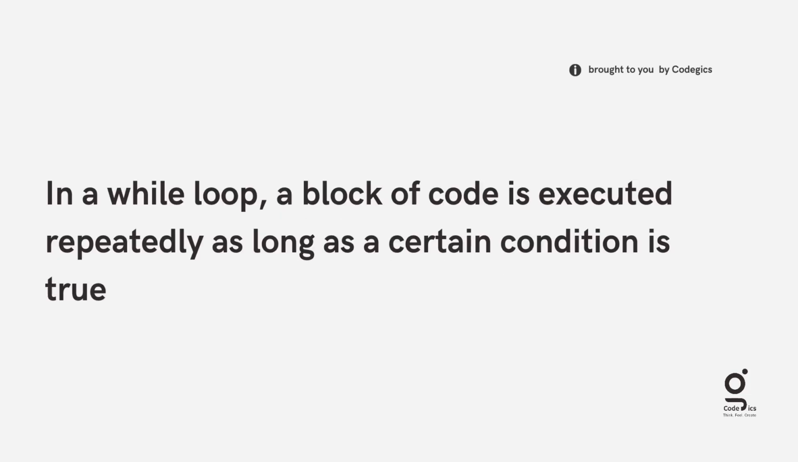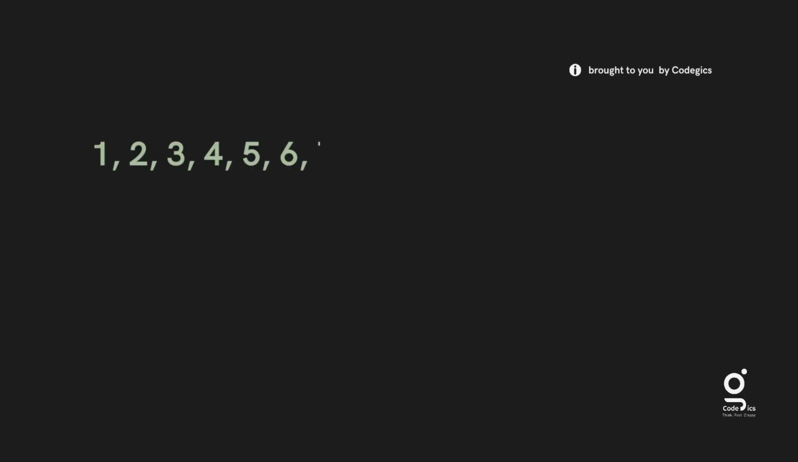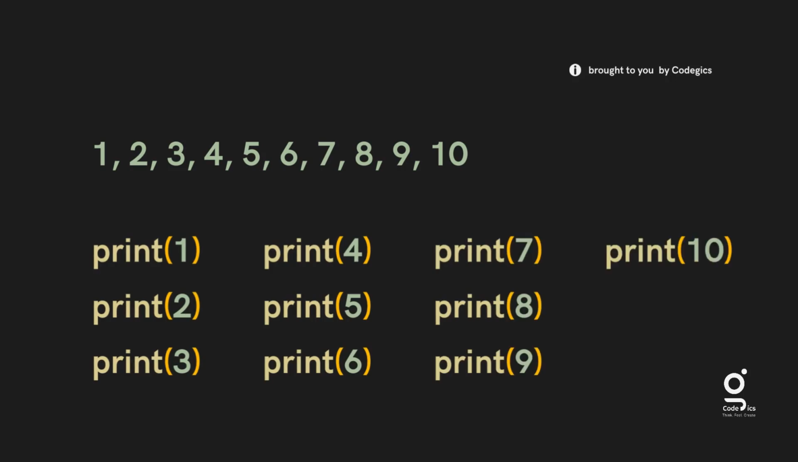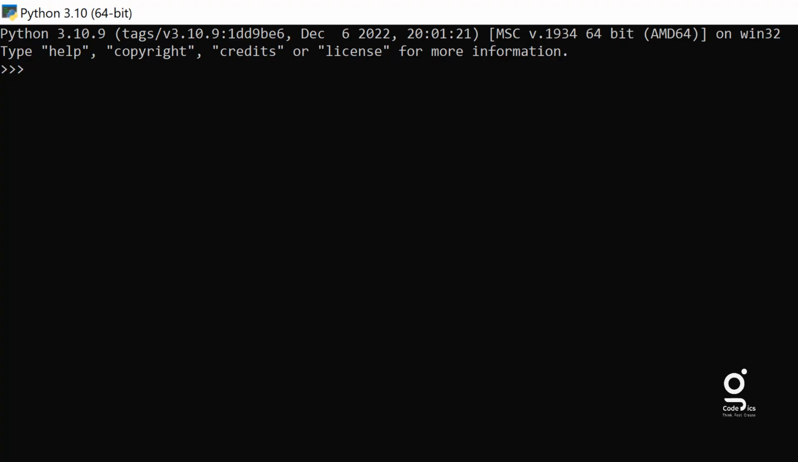In a while loop, a block of code is executed repeatedly as long as a certain condition is true. Let's say you want to print the numbers 1 to 10. Instead of writing 10 print statements, you can use a while loop to do it with fewer lines of code. For example,